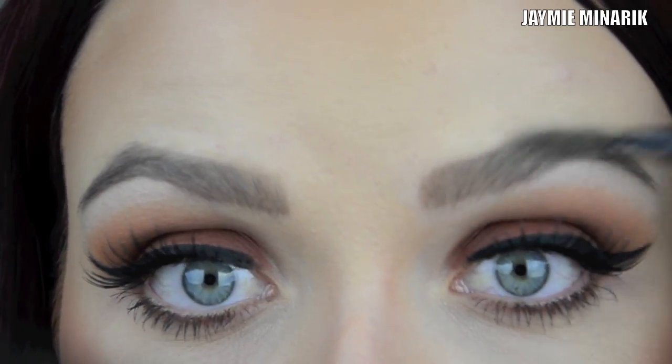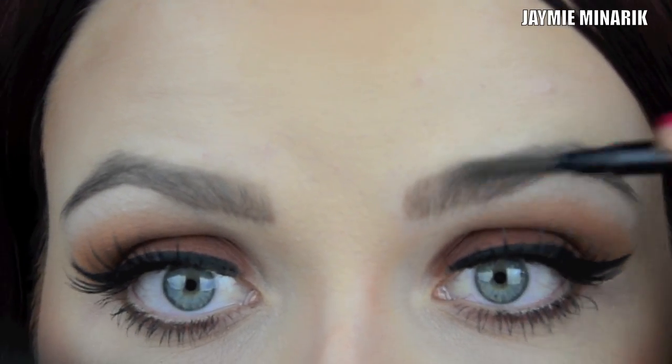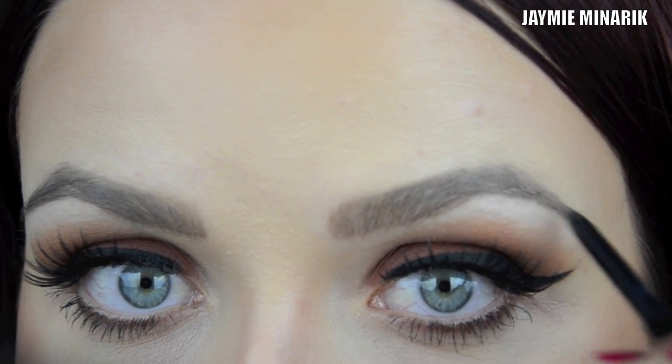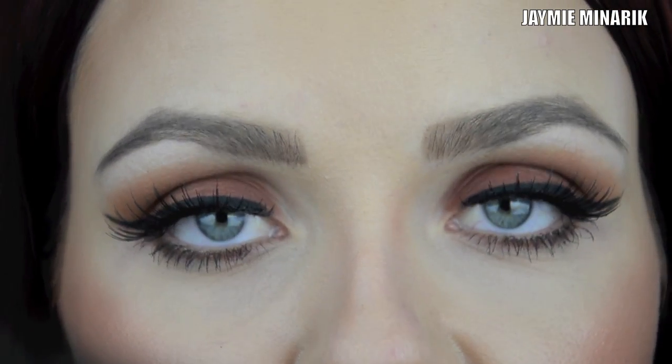And then of course, just brush everything through to make sure everything's blended out and looking natural. And then go in and fill in that tail one last time to make sure it is as dark as you would like it. On an everyday basis, I would stop here and be done,